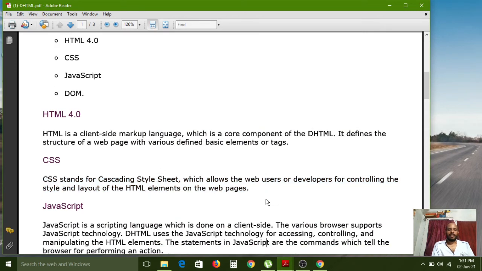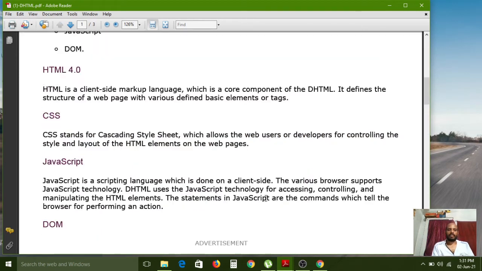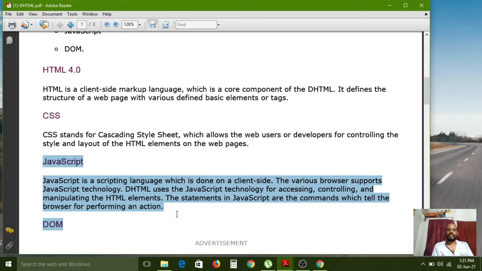Next, JavaScript. Next we have to see the definition of the JavaScript concept. All of you please concentrate on the selected text. JavaScript is a scripting language which is done on the client side.